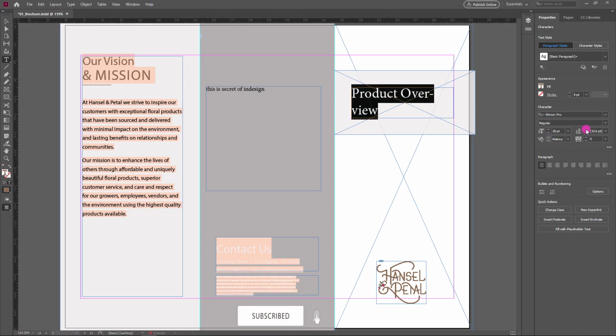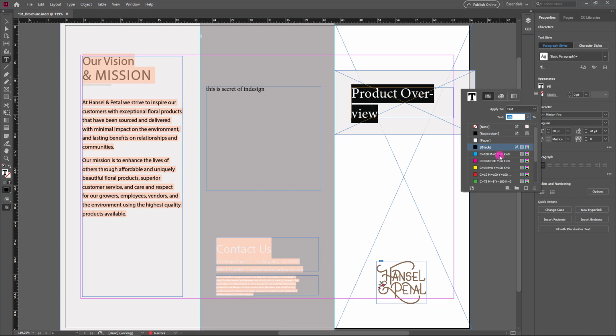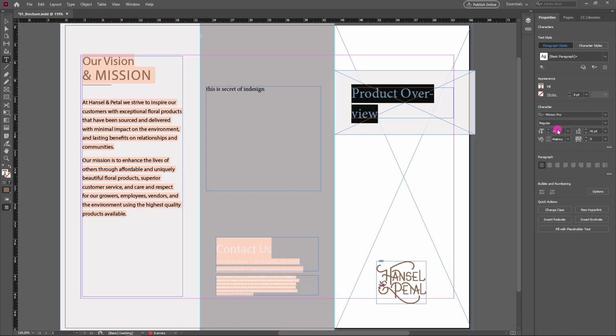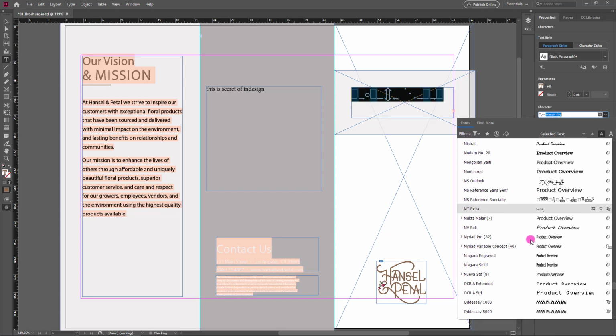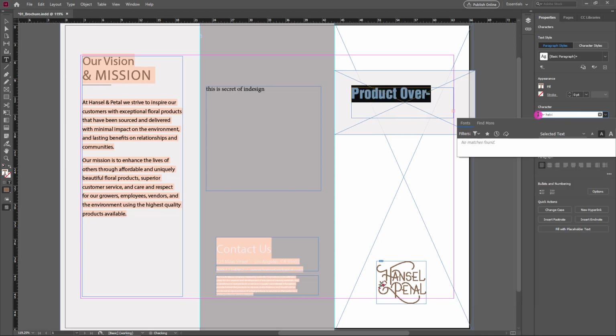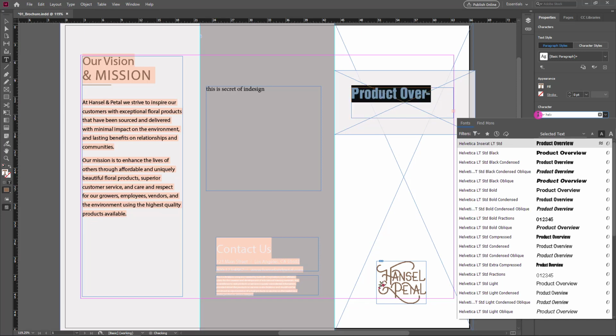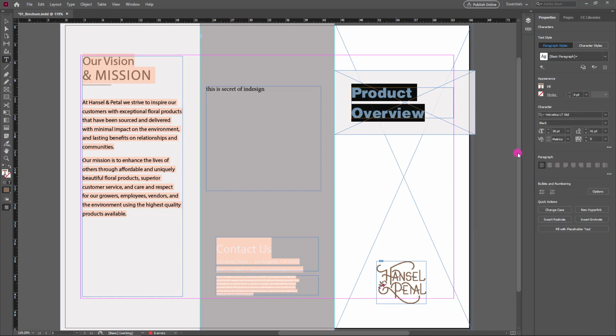And you can increase the space between the lines. It means leading. Now I want to fill the text with color, so I click here and select fill color here. And now I wish to change the font, so I go to the font location. Here you can get all the fonts already installed on your computer, or you can easily type any font you want. I enter Helvetica and I want this one, so I select it and set the font.